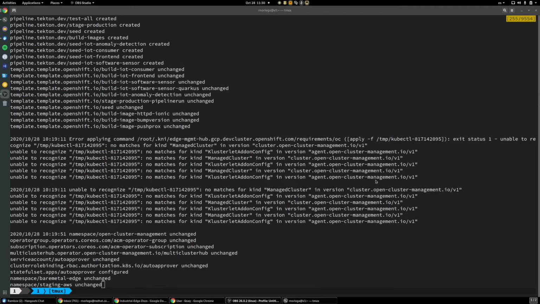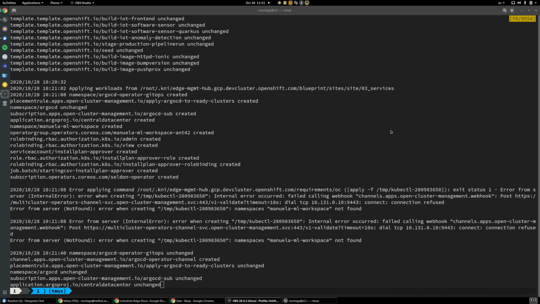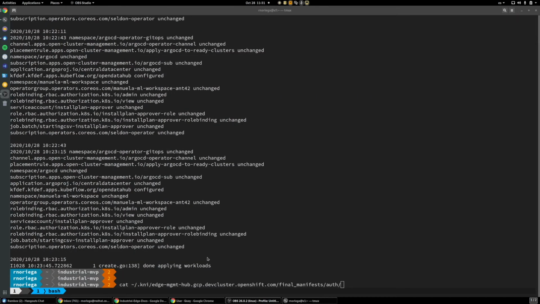So we are doing a loop to apply some manifests, and if you are going to apply an object that the operator or the CRD is not present in the cluster, it will give a failure. So it takes some time to have all the operators running until that time where you are going to apply this object, right? So don't worry about these errors. In the end, all the objects will be